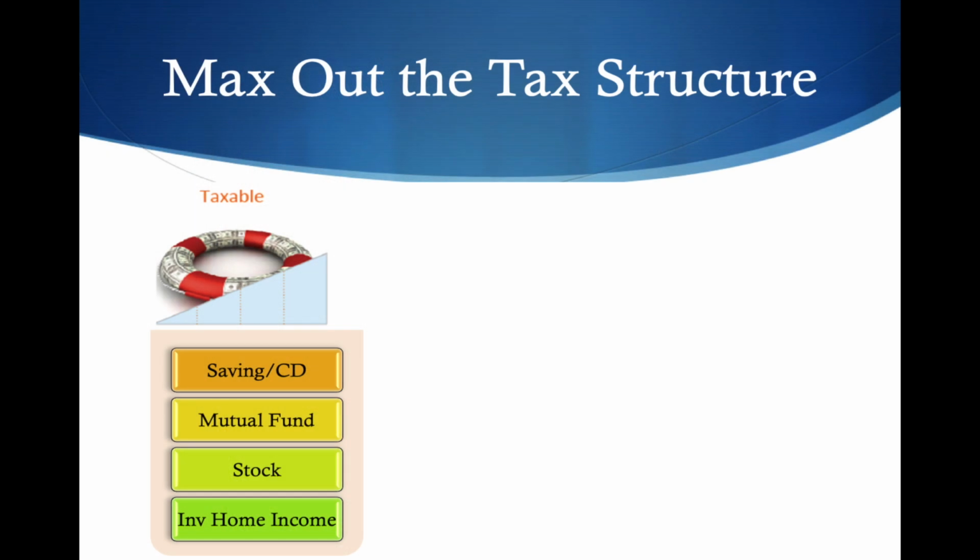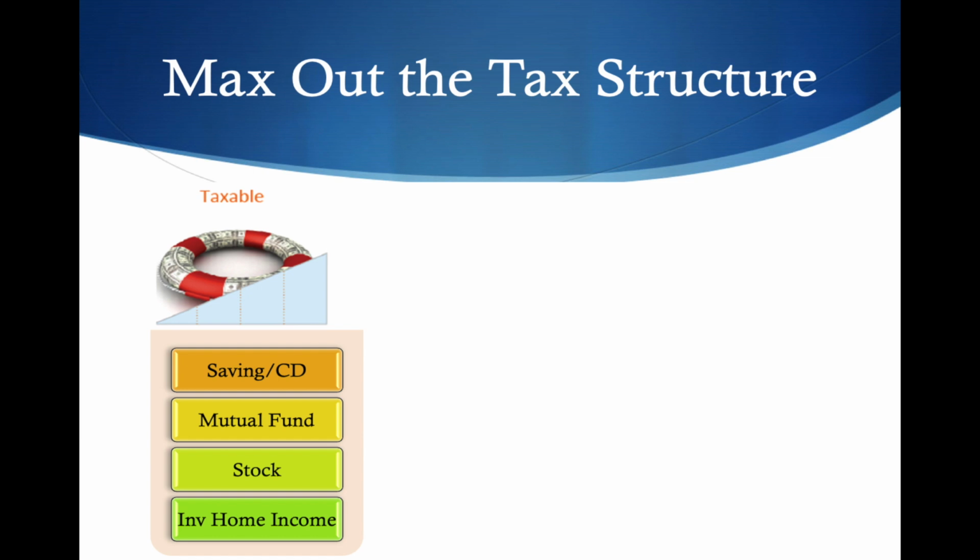The first section that we're going to go over is called the taxable section. The graph that we have over here that's shaded in blue represents the times that you are taxed. At the very beginning, in that small triangle there, you are taxed when you first get the money, like when you see your paychecks. You are also taxed every single year on the gains that you receive. So pretty much this money doesn't have a lot of time to grow and compound because you're taxed on